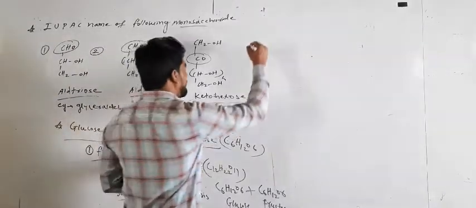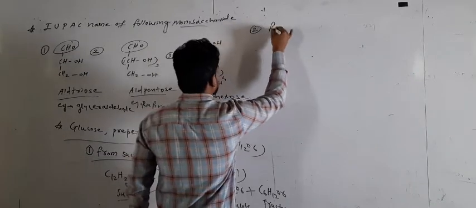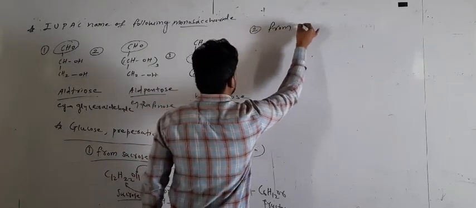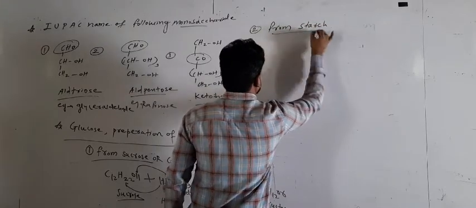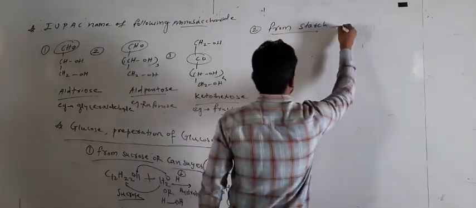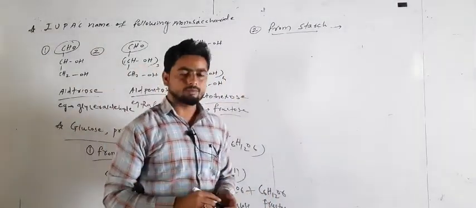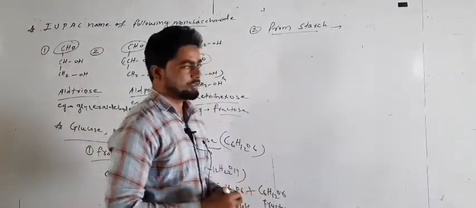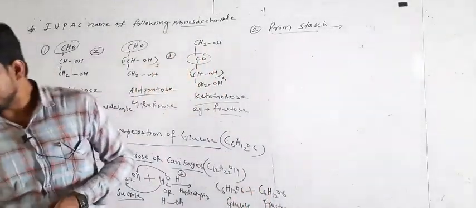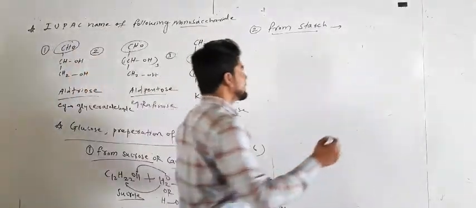Second example here, number second, preparation from starch. From starch. You know starch? Starch which is present in the animal in the form of what here? The foods. Food grain also contains starch. Clear? So from the starch, so starch how the molecular formula is C12H10O5.